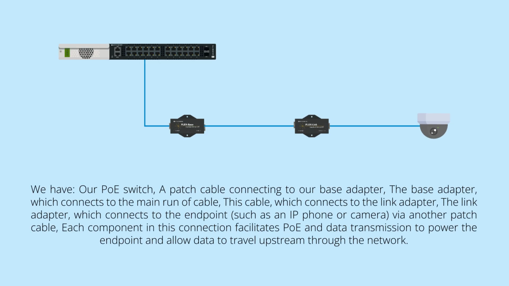The diagram above shows a network connection with a series of long-reach Power over Ethernet adapters. We have our PoE switch, a patch cable connecting to our base adapter, the base adapter, which connects to the main run of cable, this cable, which connects to the link adapter, which connects to the endpoint, such as an IP phone or camera, via another patch cable. Each component in this connection facilitates PoE and data transmission to power the endpoint and allow data to travel upstream